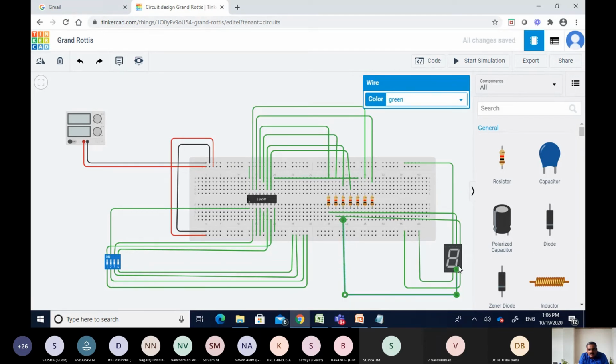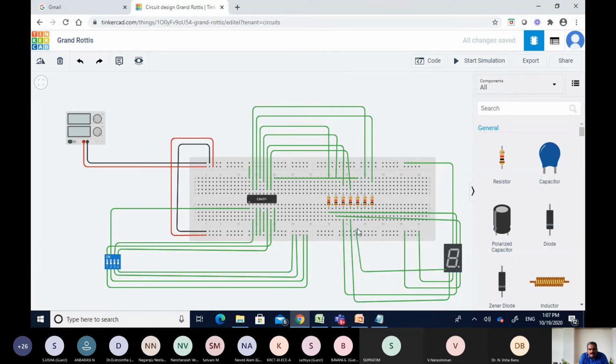This is C, and you have D. So D is connected over here, and then we have E. So E, I will be directly taking from this point, right? So E is here, and we have F and G, right?